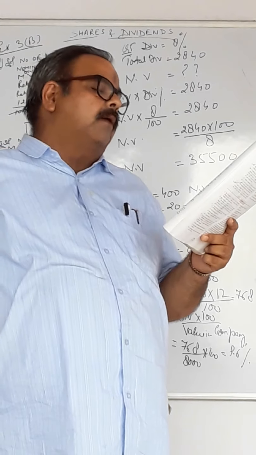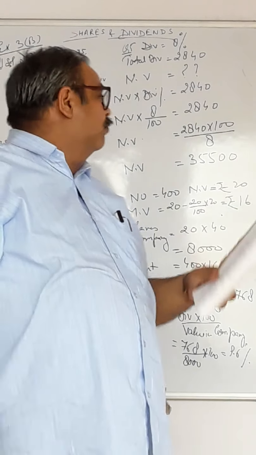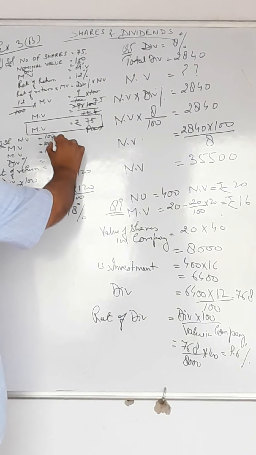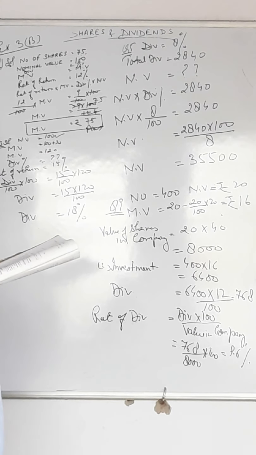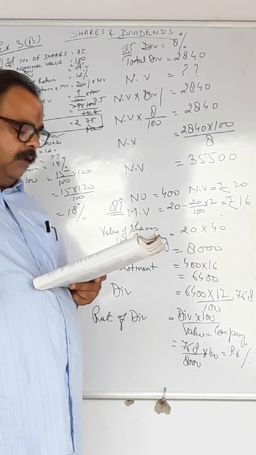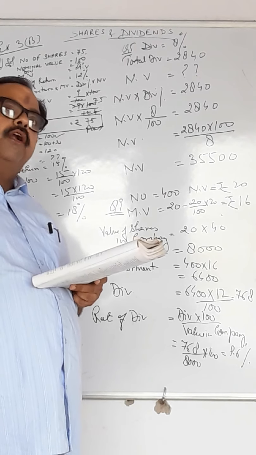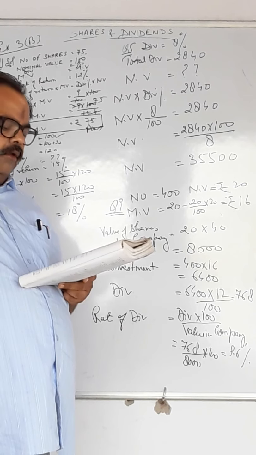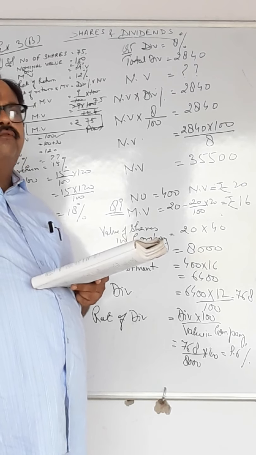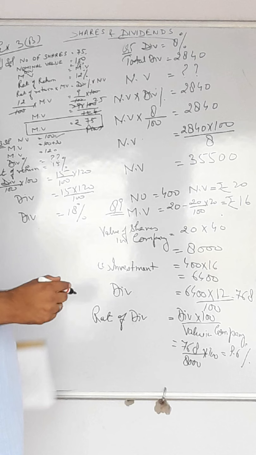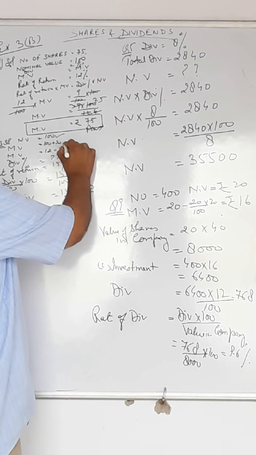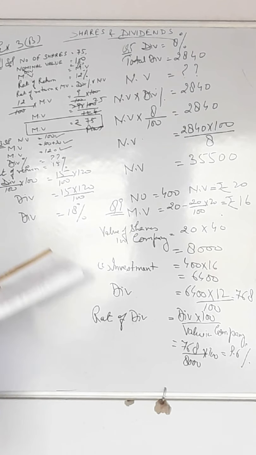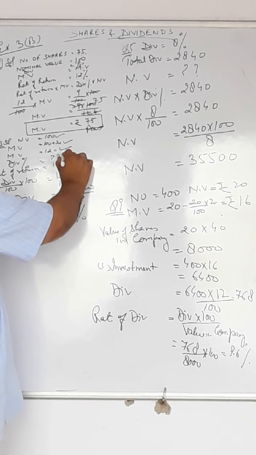100 rupees shares of a company means it is given nominal value. Just see, nominal value is correct, 100. The company's share is available in the market at a premium of 20 rupees. Premium means above the rate. So directly you can write 100 plus 20 rupees is 120. Market value of one share is 120 rupees. This we have added. Find the rate of dividend. Dividend we have to calculate. Dividend question mark.